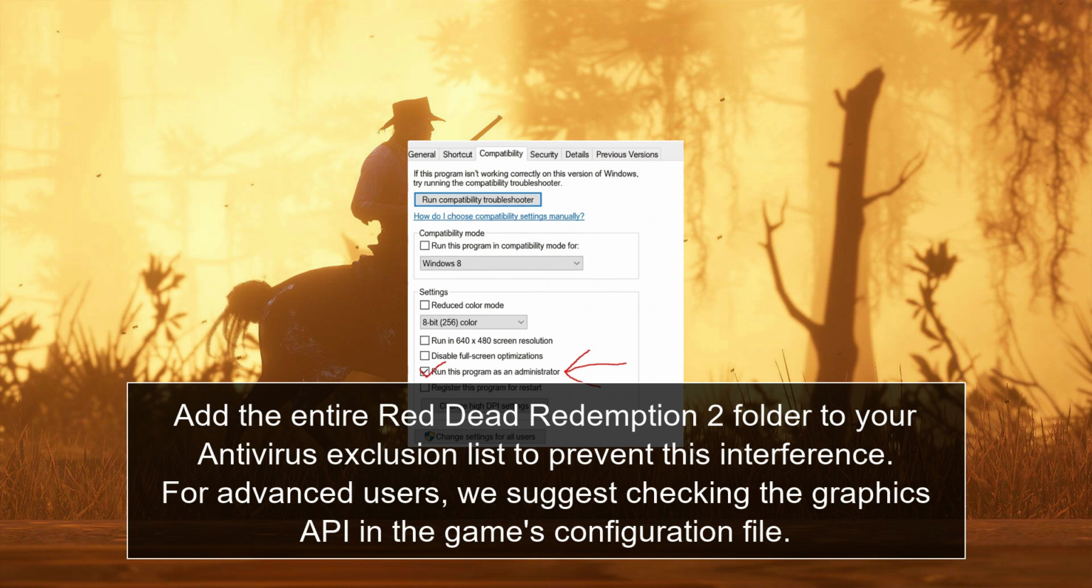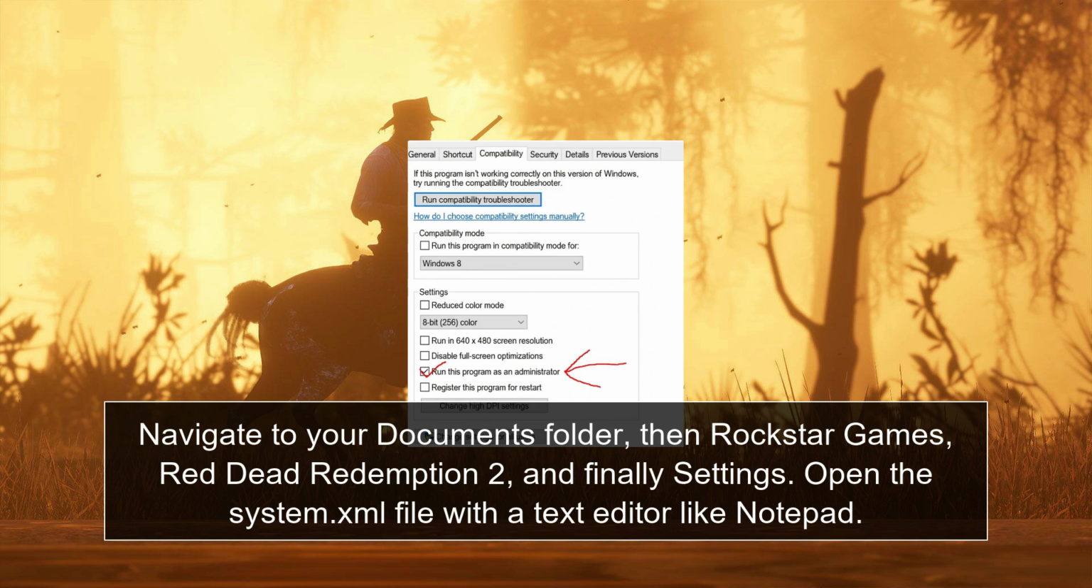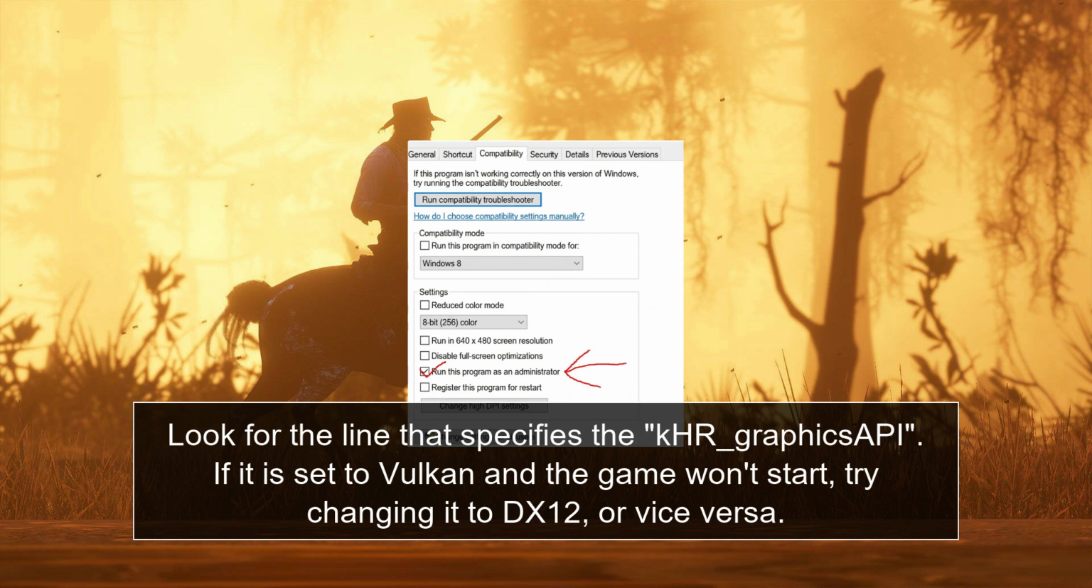For advanced users, we suggest checking the graphics API in the game's configuration file. Navigate to your Documents folder, then Rockstar Games, Red Dead Redemption 2, and finally Settings. Open the system.xml file with a text editor like Notepad. Look for the line that specifies the